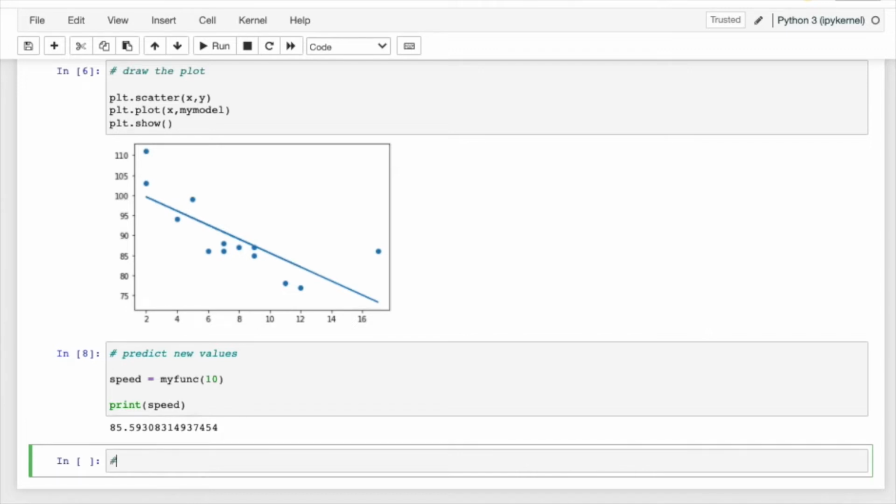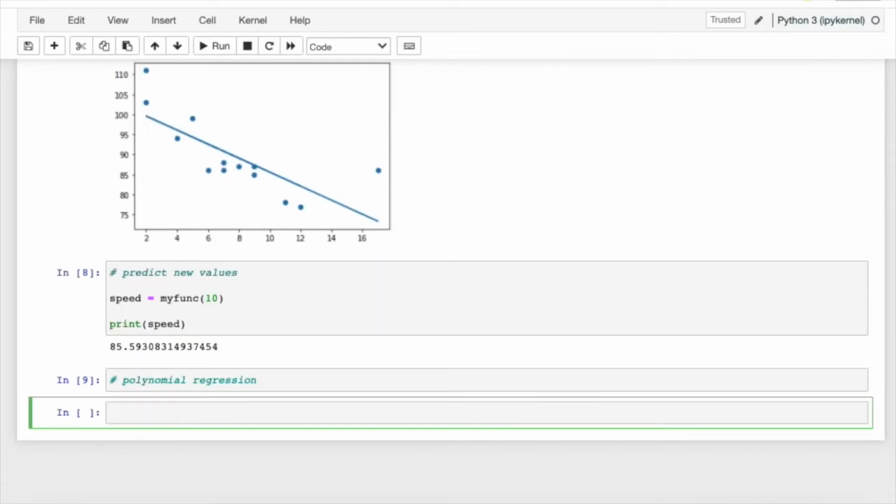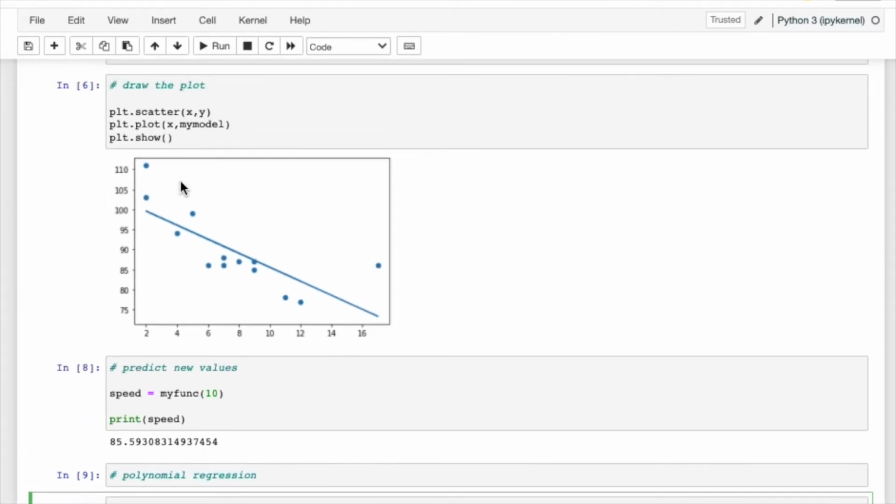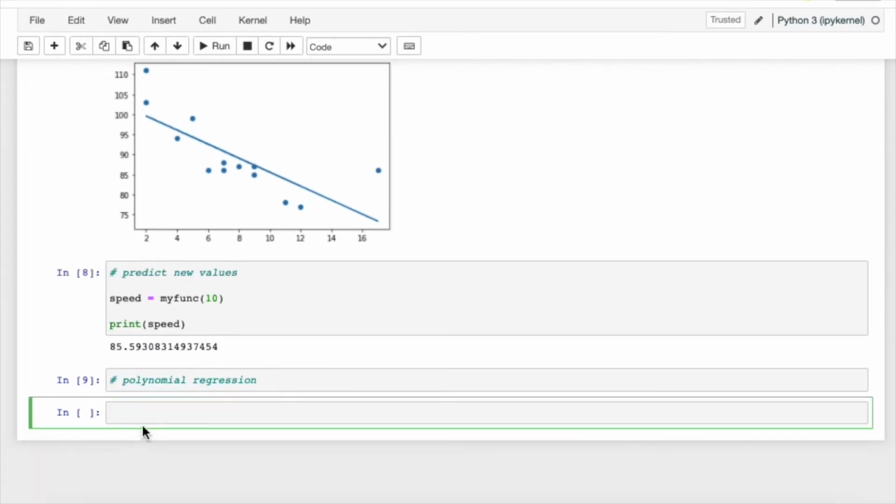Okay, so we can do a polynomial regression as well. This was just linear. This we don't know how to do with a piece of paper. We haven't learned this, but we can do it now. Just imagine these points are actually organized in a line. But imagine they're not organized in a line. Imagine they're non-linearly distributed. For instance, in this case,